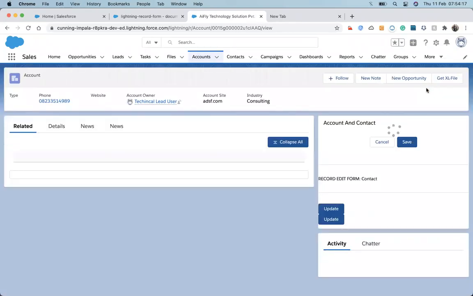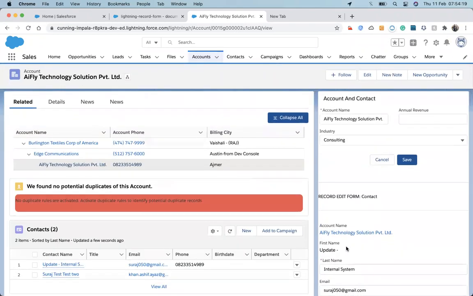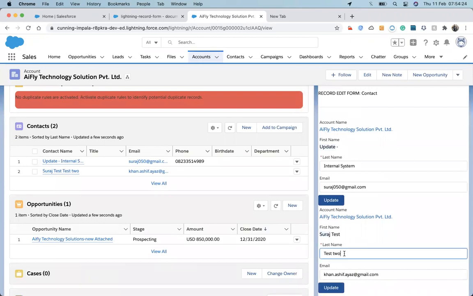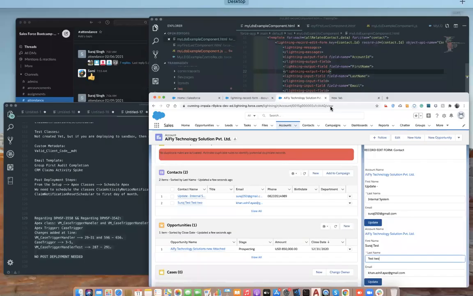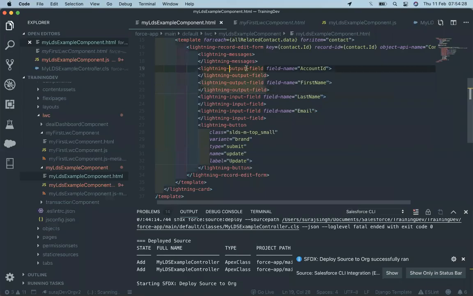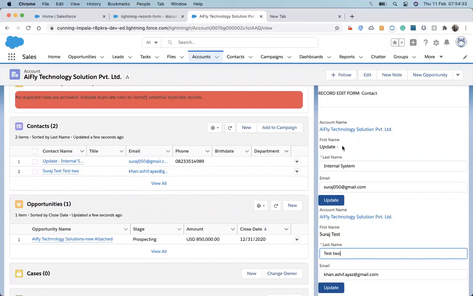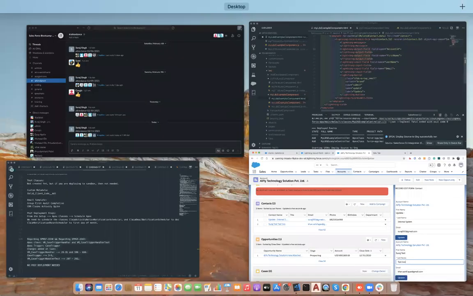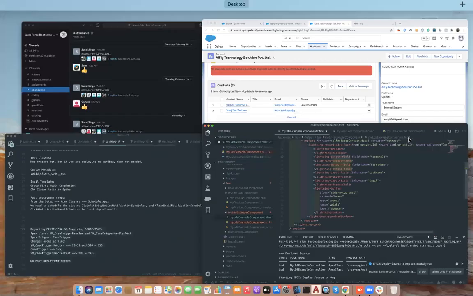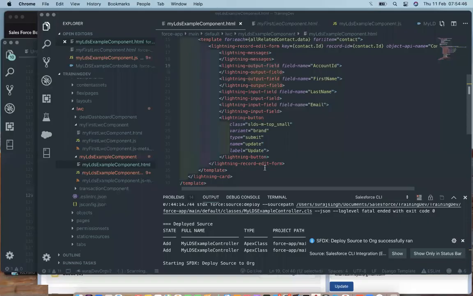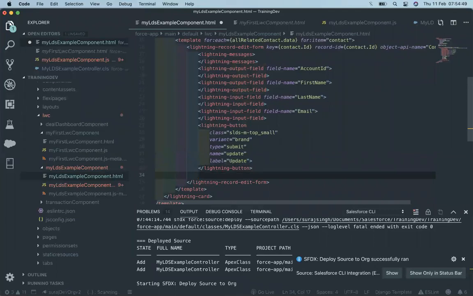And only for that, now I can't update the first name, but I can update the last name. So that is the thing: if I use the output field, then it will be available only in read-only mode, meaning it's changed into read-only mode. And if I use the input field, it will show in editable mode. So that is what it's doing here. And let's make a separator up here.